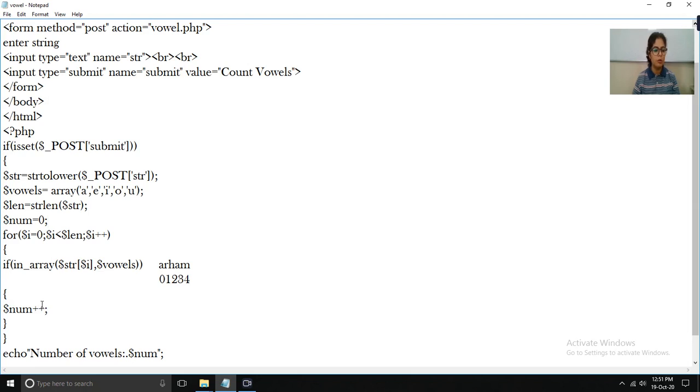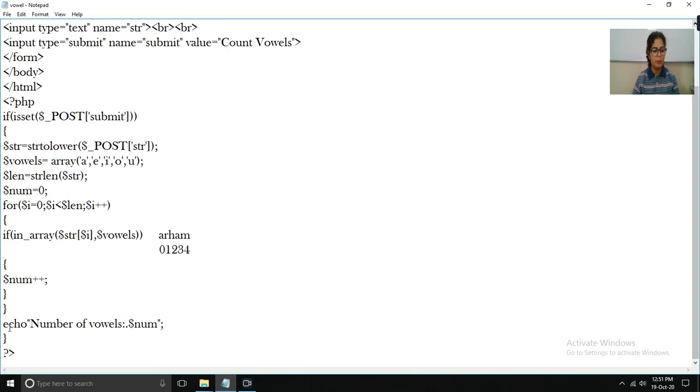So it will set the value of the number as 1 and curly bracket close, echo, this will print. Echo will print the message on the web page. Number of vowels is equals to, this is a colon and you have to write with dot. Number of vowels is equals to dot dollar number. So it means the answer is, where the answer is stored, the answer is in number. So we have to print the value of the number. So for this you have to write dot number, dot dollar symbol and number, curly bracket close, PHP close.